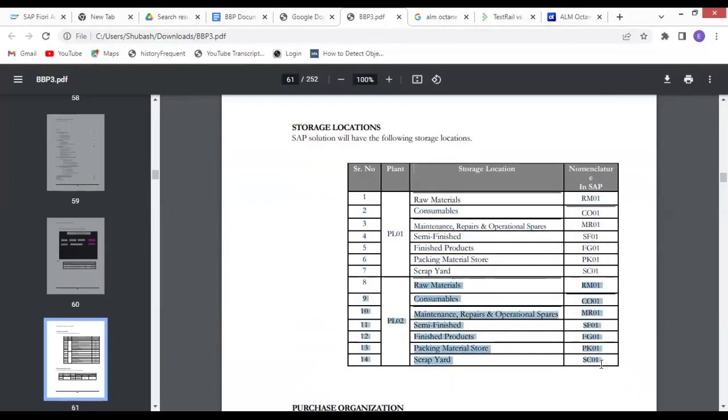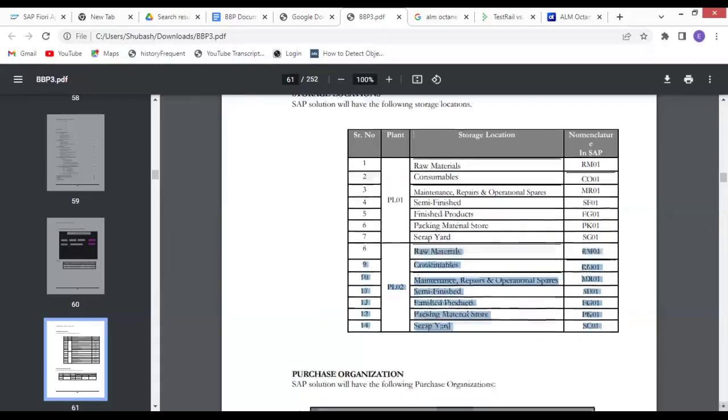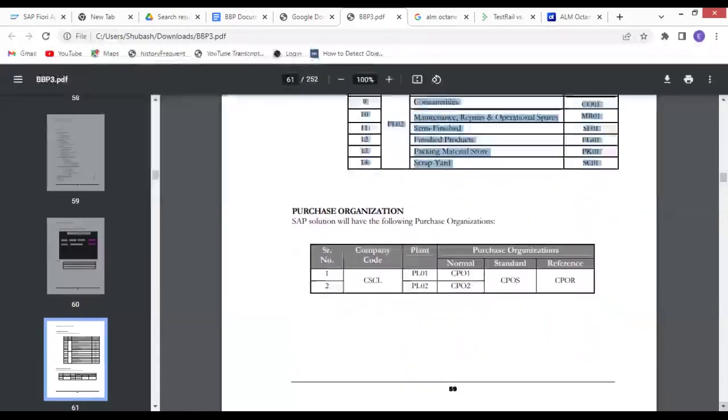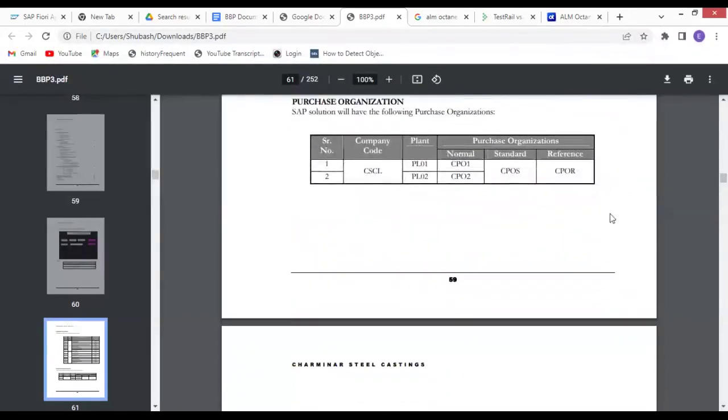This is a detailed document which is going to explain to the business how we are going to set up the system. We are going to show in a document that, okay, we are going to create one plant in SAP, and under this plant we are going to have so many store locations. We have not created this in SAP yet. We are just showing them in the Excel. So these are the purchase orgs we are going to create. This one is standard. When I say standard, it is company code specific. Reference on the client.